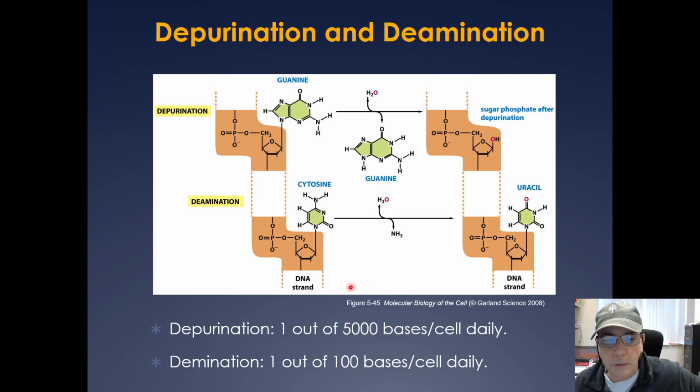Okay, so depurination occurs basically 1 out of every 5,000 bases daily, so it's a pretty common event. And deamination is even more common and occurs 1 out of 100 bases daily. So these are common